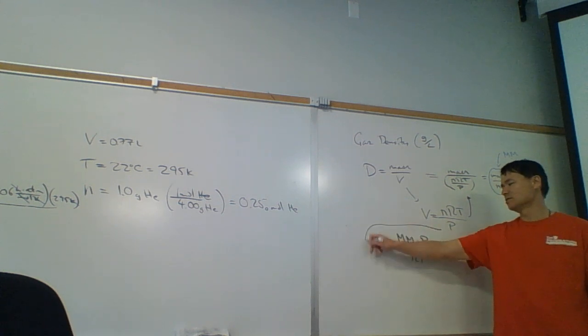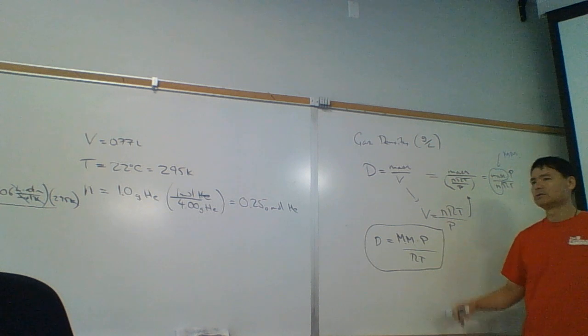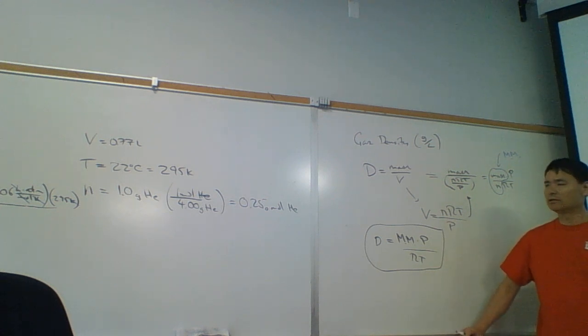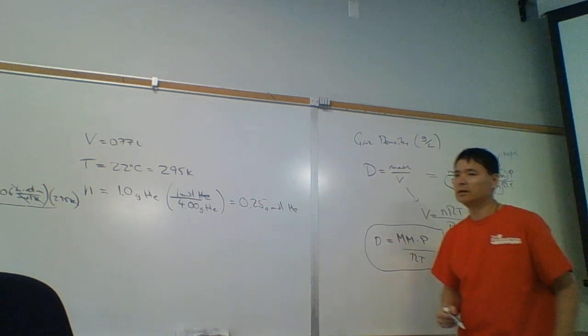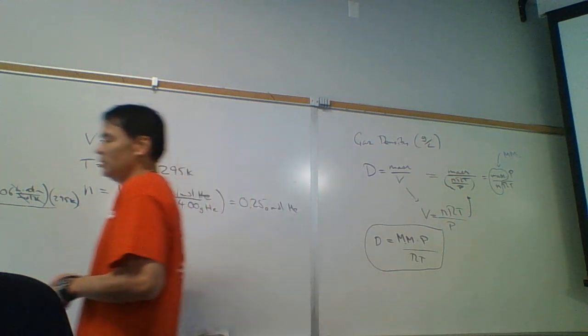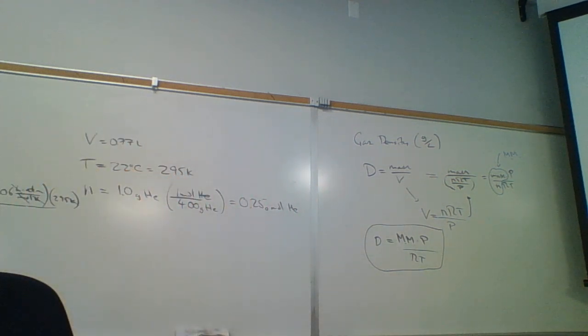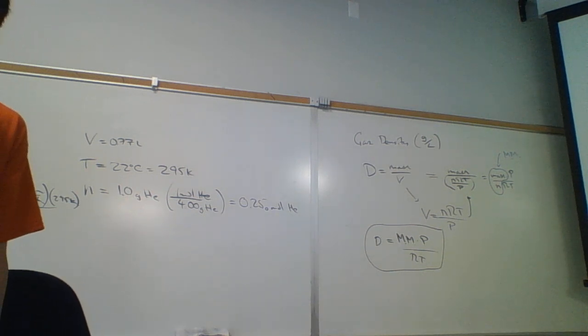And so this equation is very useful to know. If you're going to do all these variation equations, well, this is a critical one, and it's just derived from the ideal gas law here, and the density of the gas conversion. So this is worth knowing here. So what is the density of helium at 22 degrees C and 744 torr? So why don't you try this calculation